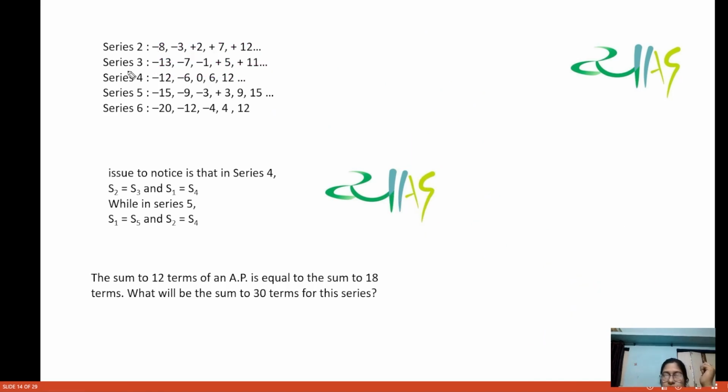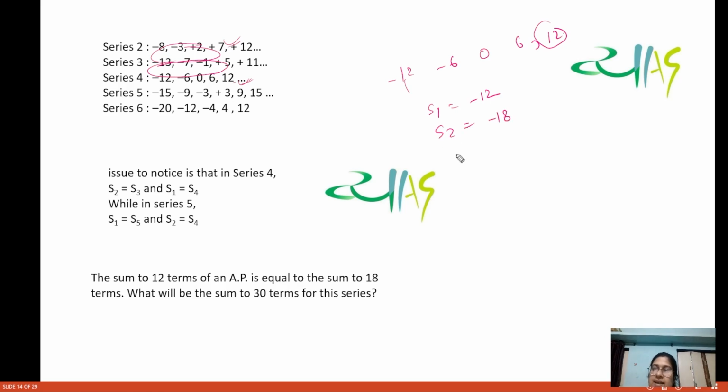So here too we are not getting anything. The sum of first few terms is negative, these were negative terms, but still we are not getting it. But look at this series: -12, -6, 0, 6, 12. Now add this: you have S1 is equal to -12, S2 is equal